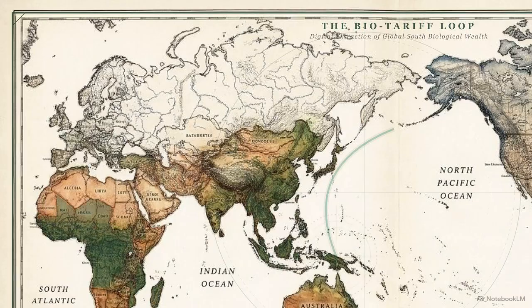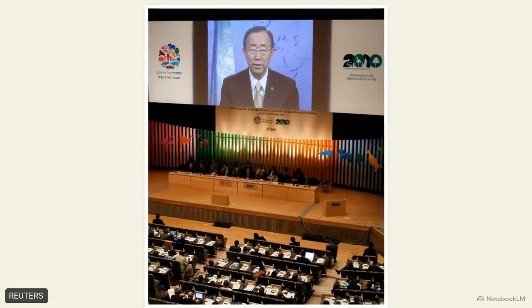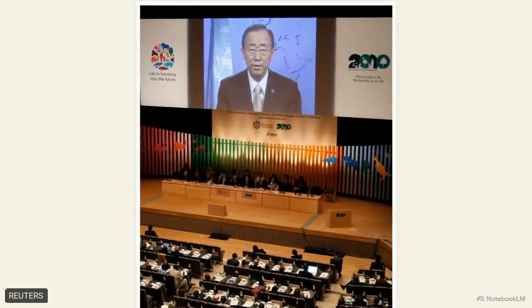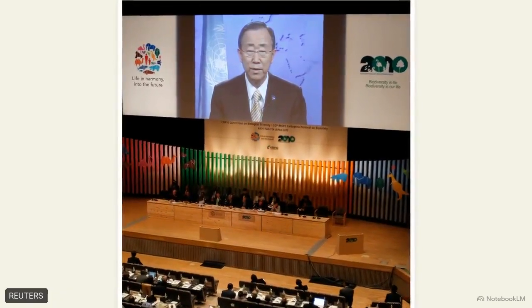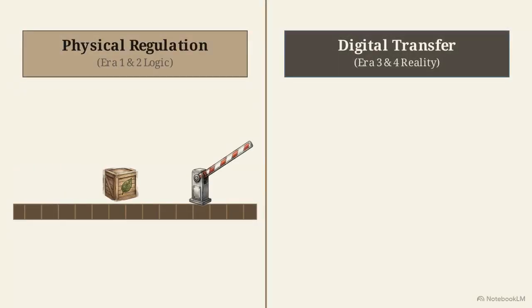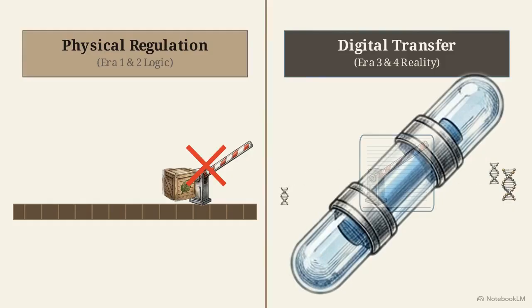However, because they lack the tools to track this data, they are currently subsidizing the multi-billion-dollar Western biotech industry with free genetic intellectual property. Current international treaties, like the UN Convention on Biological Diversity, are ill-equipped to manage this. They were designed to regulate the physical transport of organic samples, leaving them blind to the frictionless digital transfer of